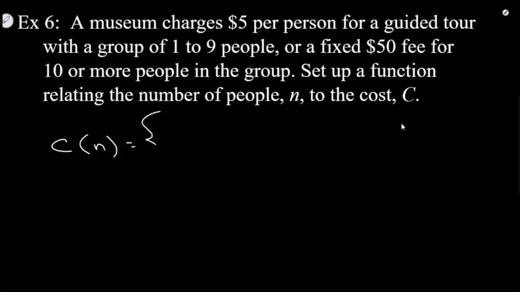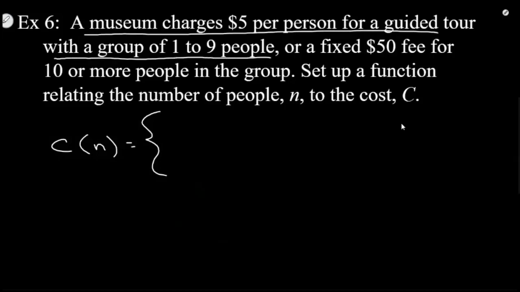Do you understand we have 2 cases? We've got one case, one way of calculating the cost if there's between 1 and 9 people. Then there's another way of calculating the cost if there's 10 or more people. Okay, so let's start with the first sentence they gave us. A museum charges $5 per person for a guided tour with a group of 1 to 9 people. So if it's $5 per person and there's n number of people,